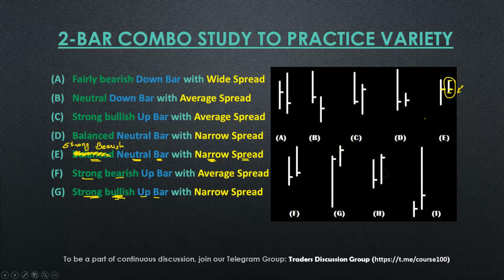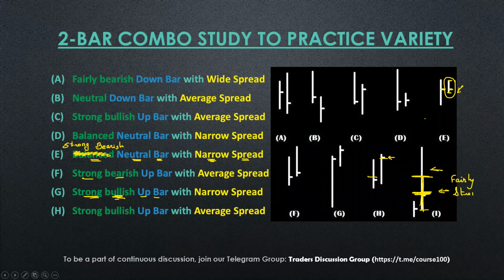Now next bar, this H, strong bullish up bar with average spread. Now this bar, somewhere here I have my middle. Okay, and my close is just near the middle of the middle. Like if I take this, my middle will come somewhere here. So now should I call it a fairly bearish or strongly bearish, because on the context we have a narrow range bar. Comparatively, this is a narrow range bar closing at the middle,